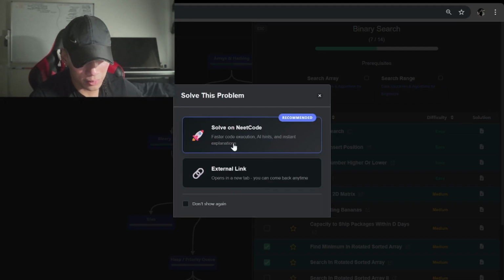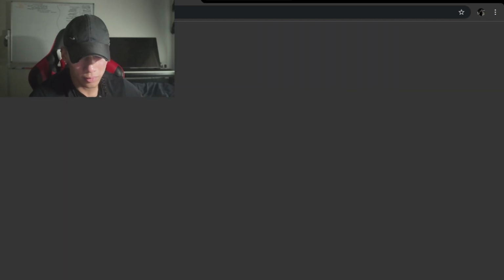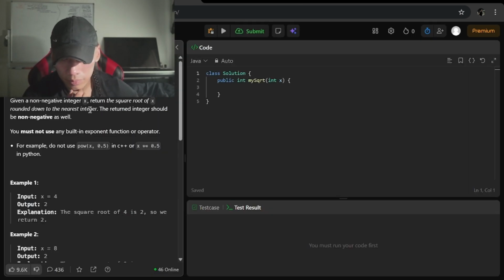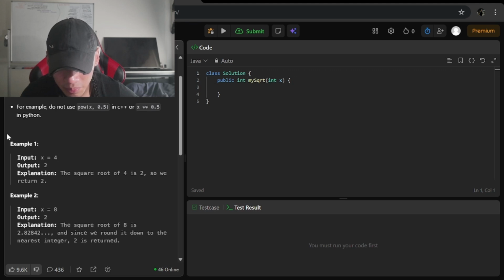Alright, square root x. Oh shit, wait, bro. Given a non-negative integer x, return the square root of x, rounded down to the nearest integer.